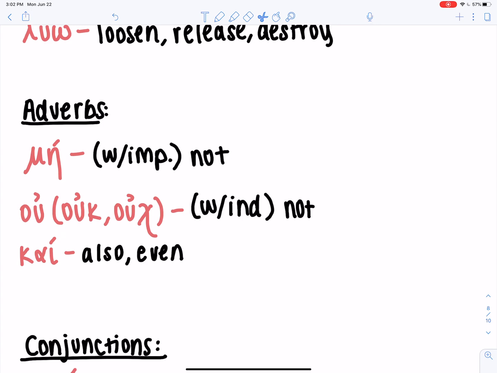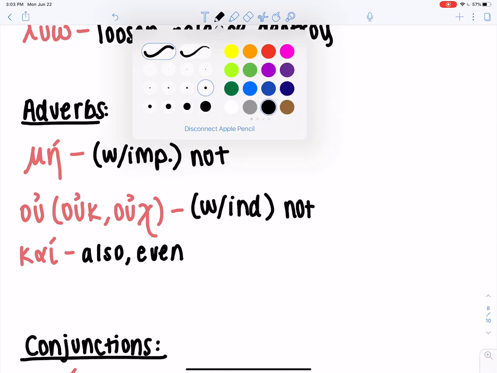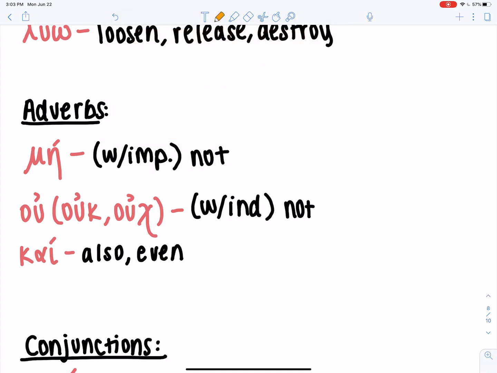And this is where I would like to return to the idea of identical endings from earlier, because you might be like, didn't you say the second person plural present active indicative form has the same ending as the second person plural present active imperative form? So how would we be able to tell them apart? And a really nice way to tell them apart, if the sentence has one of these, is these negative adverbs,